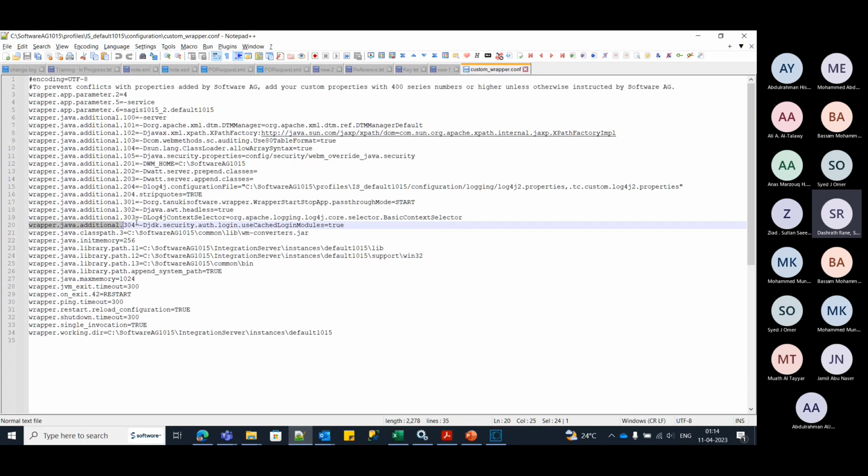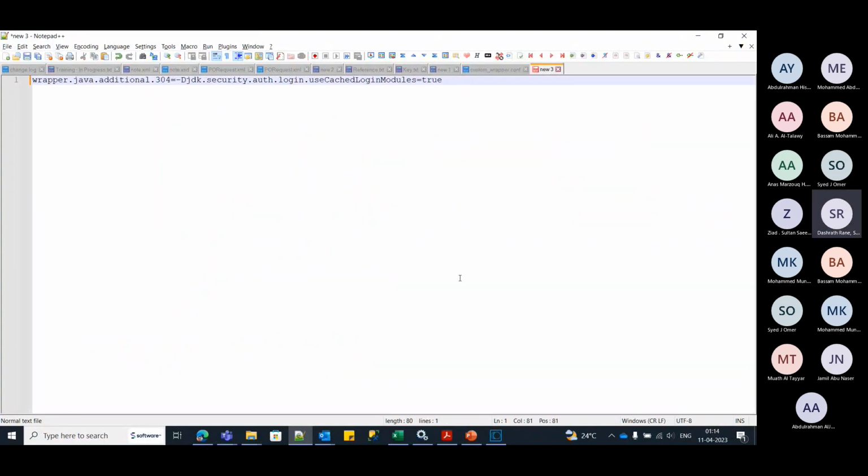Now we already have the key number as 304. So in case we need to add it, it will be 305 for us. The value that we have to add will be something like this,